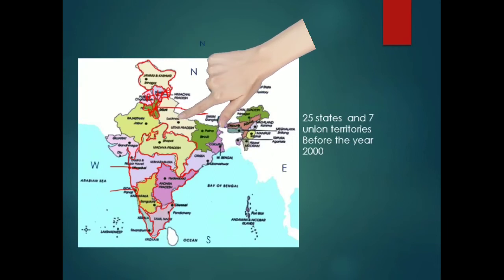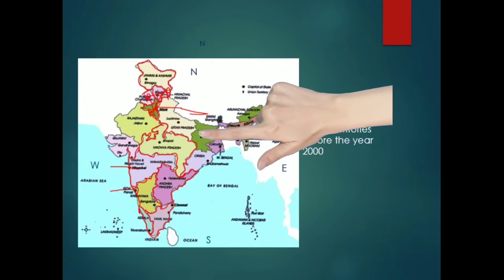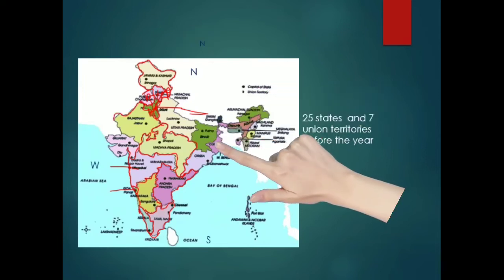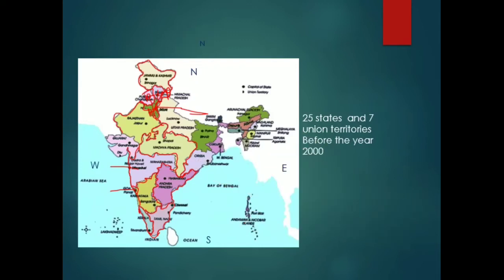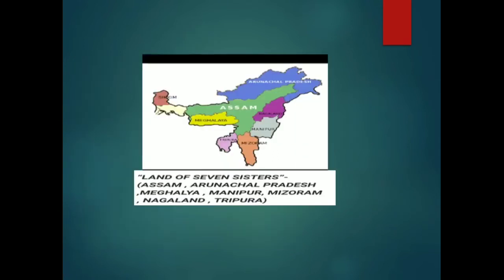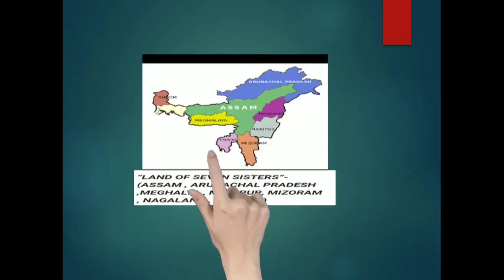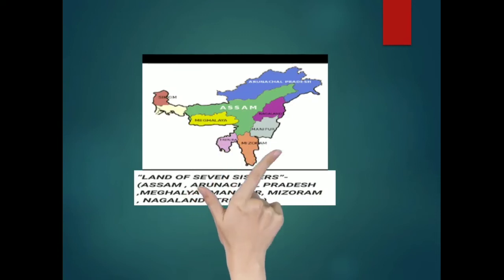Now move to Uttar Pradesh. This is Uttar Pradesh, and next is followed by Bihar, West Bengal, Odisha. We have completed all these states. Now we are left with the northeastern states of the country. All these states are located in the northeast direction of the country. Here 7 states are located.